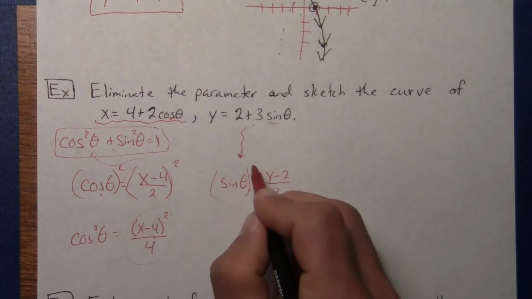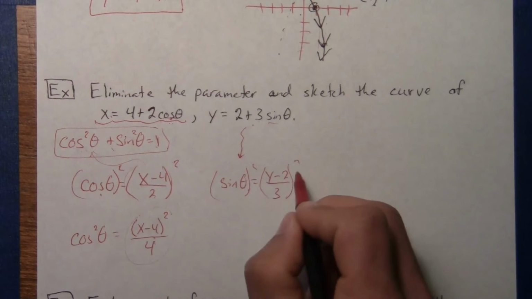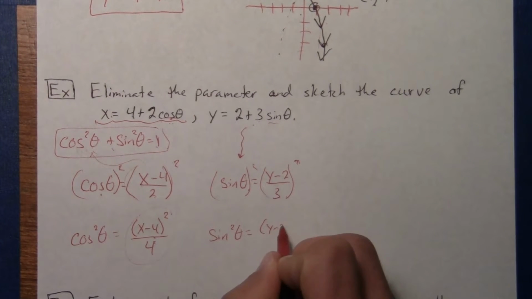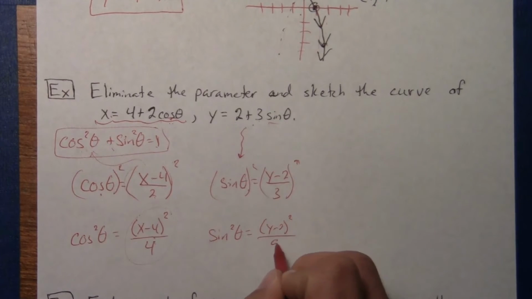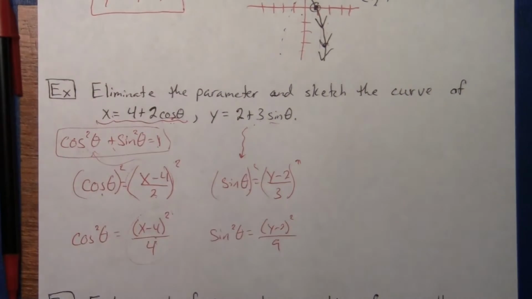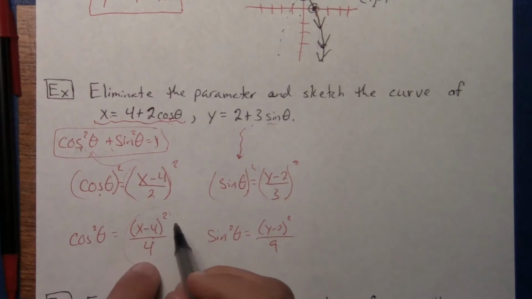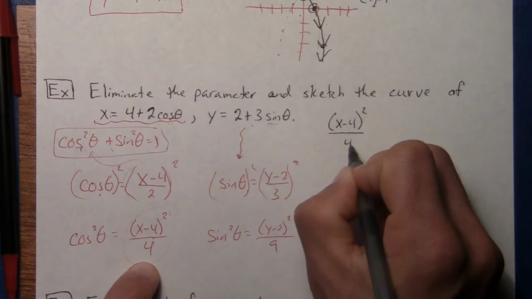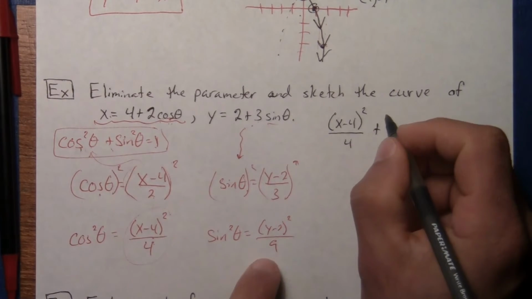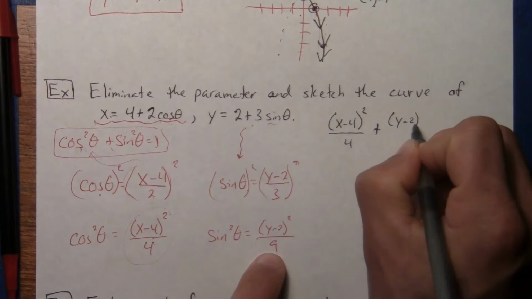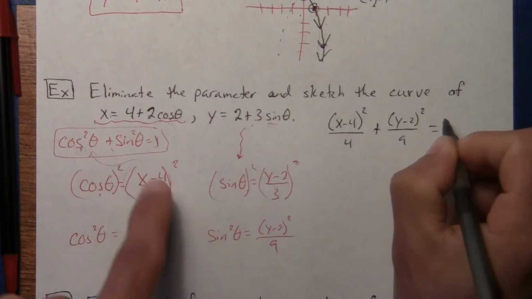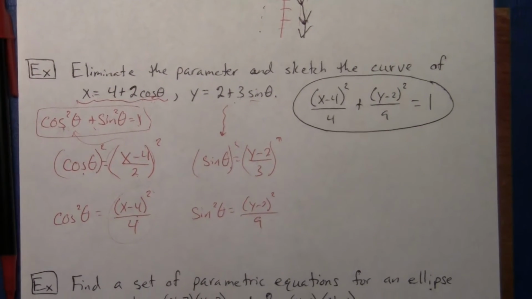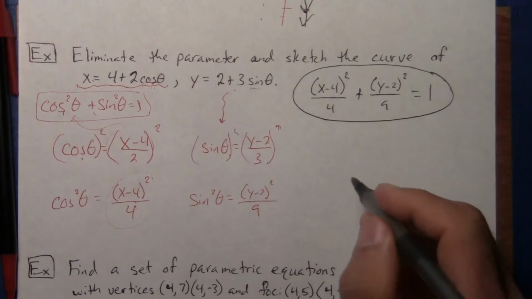The sine, same thing. I want to square both sides so that I can just make a substitution. And I will have sine squared of theta is equal to the quantity of (y - 2) squared over 9. And now when I make my substitution, instead of saying cosine squared, I'll just say this. So it's going to be (x - 4) quantity squared over 4 plus sine squared, which is really (y - 2) quantity squared over 9 equals 1. And there it is. I've eliminated the parameter of theta. And now to graph that,